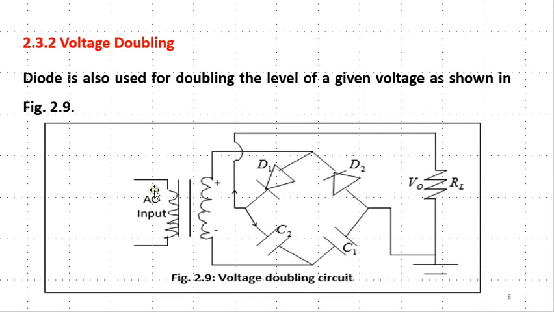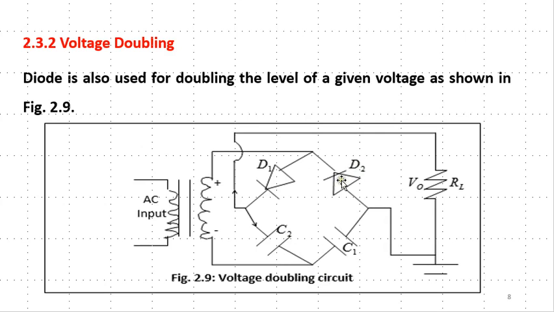When the half cycle of the signal comes, here should be positive and here should be negative. When here is positive, diode D1 will be conducting, but D2 will not be conducting. When D2 is not conducting, whatever energy comes here will be charging this capacitor. And in the reverse mode, here should be positive and here should be negative. If here is negative, D1 will not be conducting, therefore capacitor C2 will be charging, and here D2 will be